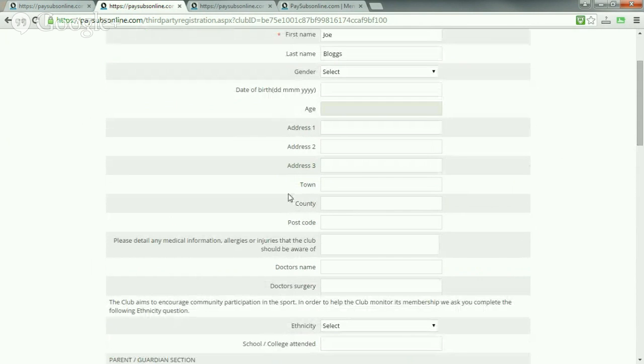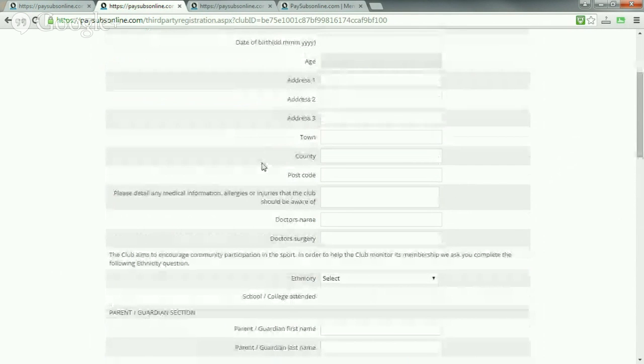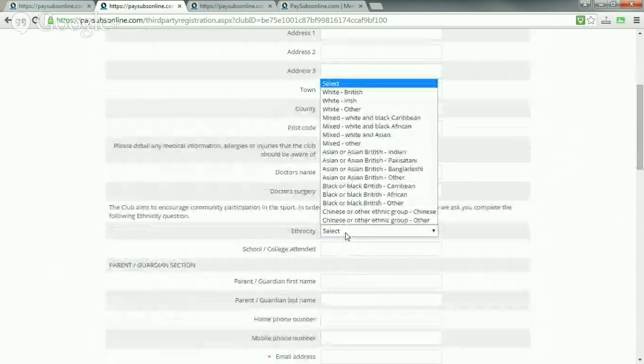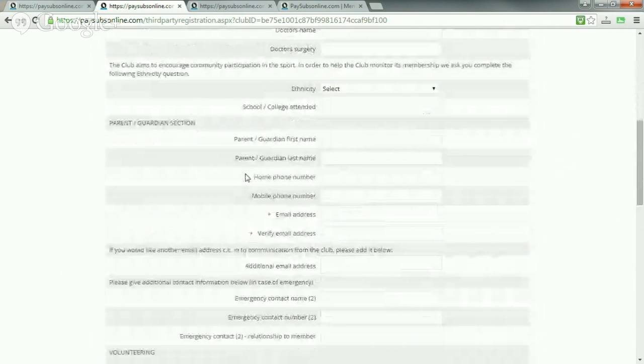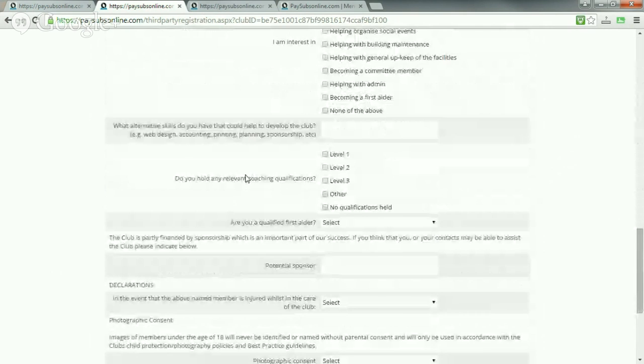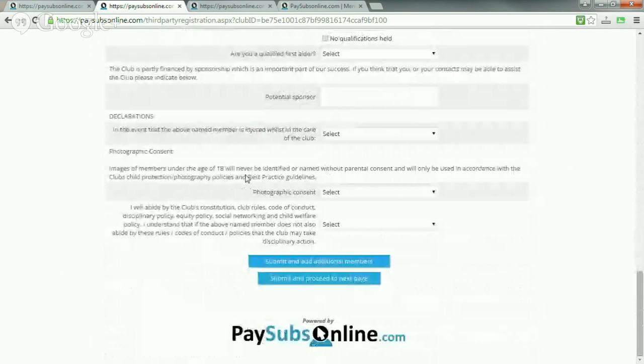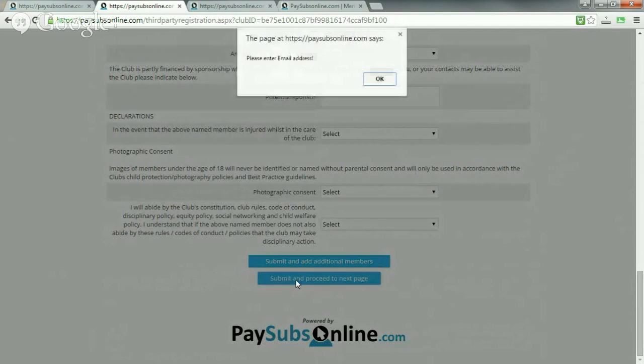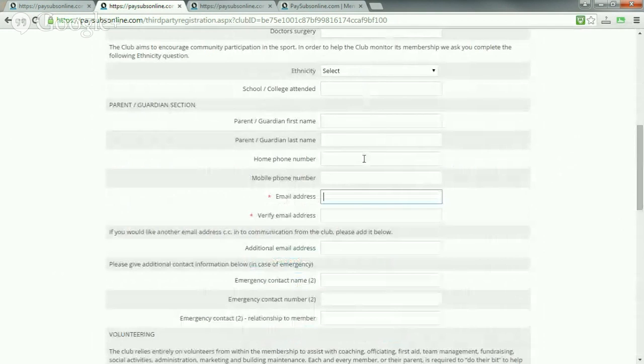I would make all these fields mandatory, or certainly the fields that should be mandatory. People would come through, complete this information, and get down to the bottom. If they need to add anybody else, they can, or they can just submit and proceed to the next page. I need to enter my email address.